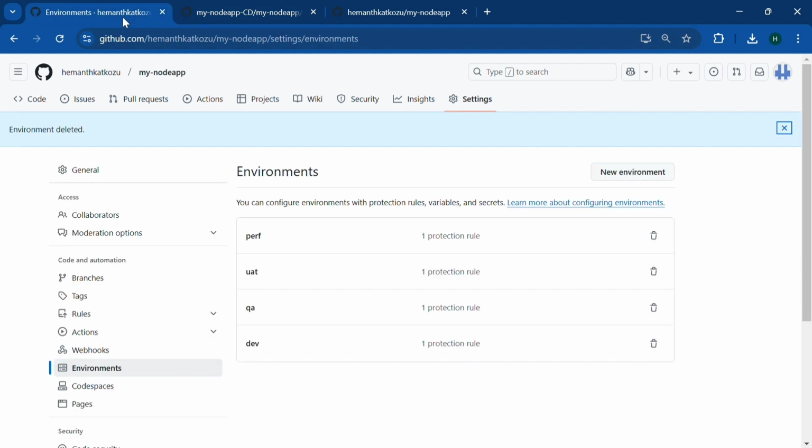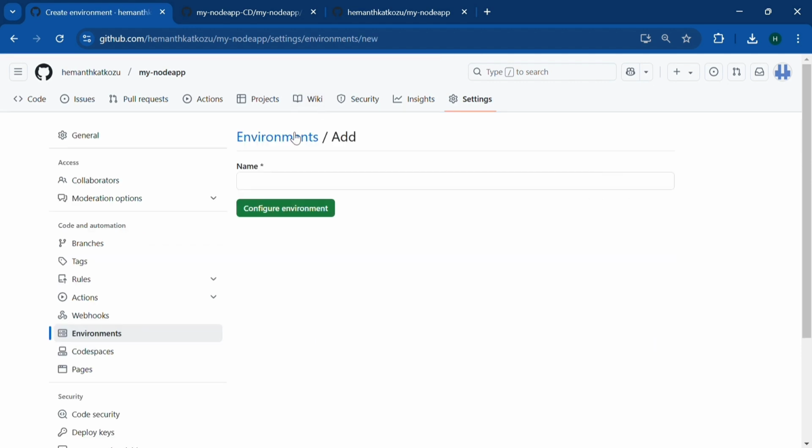Suppose you want to deploy an image to a dev environment, only specific users should have access to deploy that particular image to the dev environment. Similarly, it goes for performance, UAT and QA environments. So you can restrict who can deploy to which environment using this environments configuration. Let's configure a test environment,